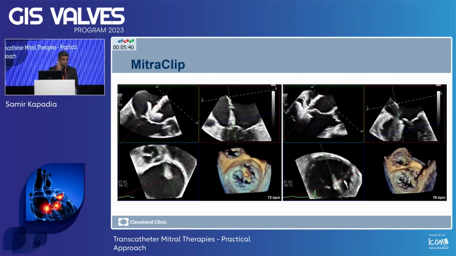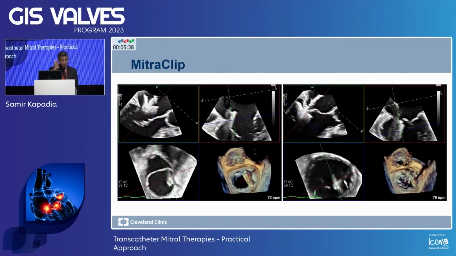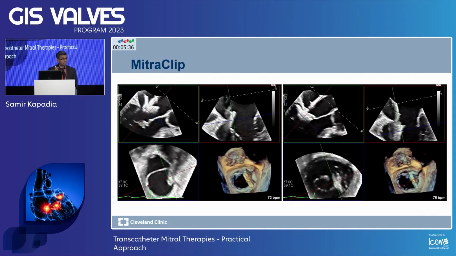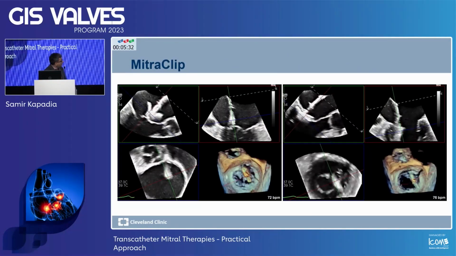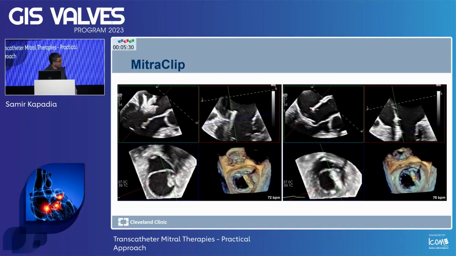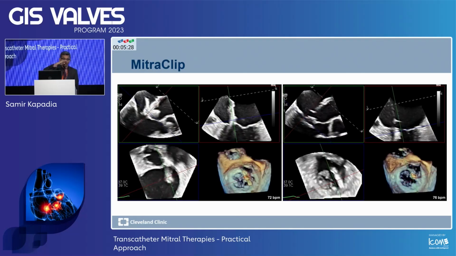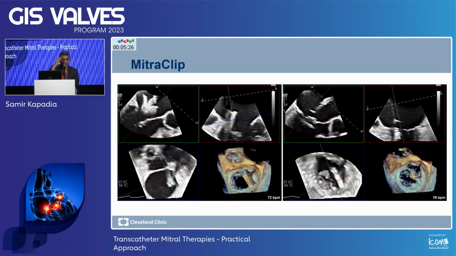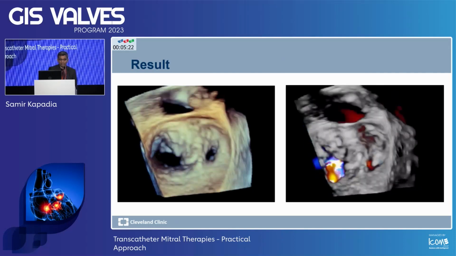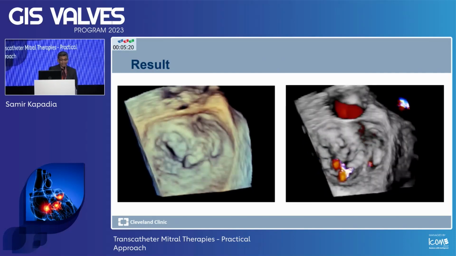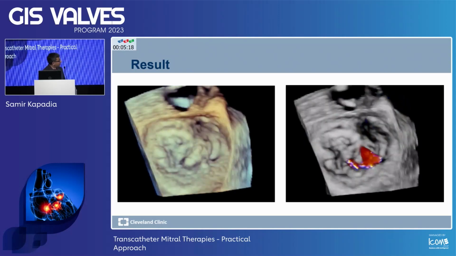So anterior leaflet flail, in my opinion, is one of the good indications to consider MitraClip if you are going to use the MitraClip. And if you are on the medial side, you will try to imagine to make the clip perpendicular to the coaptation line. So here we have put the clip perpendicular to the coaptation line, and there is still mild mitral regurgitation in